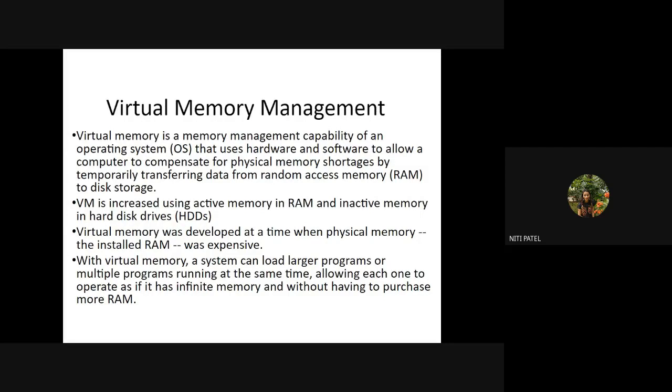I repeat again: we have secondary memory as hard disk, and primary memory as RAM. What do we have in secondary memory, that is the hard disk? We have user programs, user files, user applications. Some temporary files and some configuration files are automatically created because of those application programs and software. So what will the system do in order to create a virtual memory? First of all, it will go into the secondary memory and delete all these configuration files or temporary files which are automatically created.